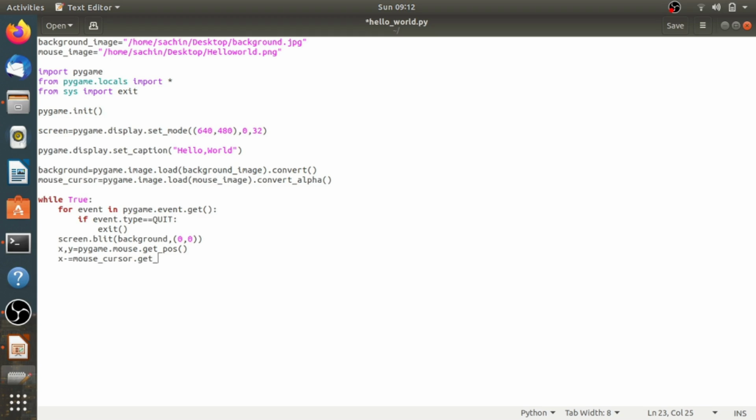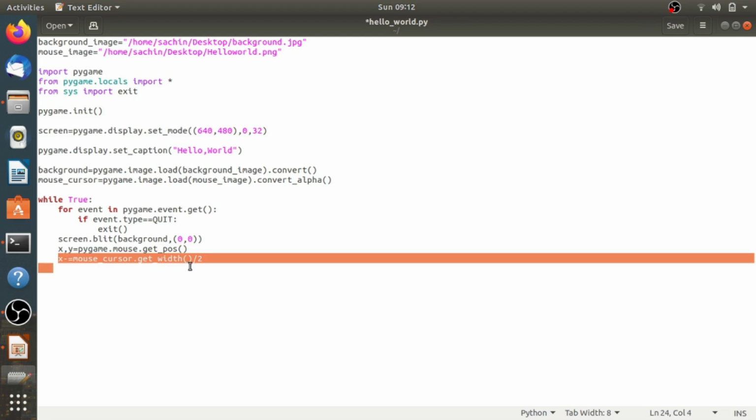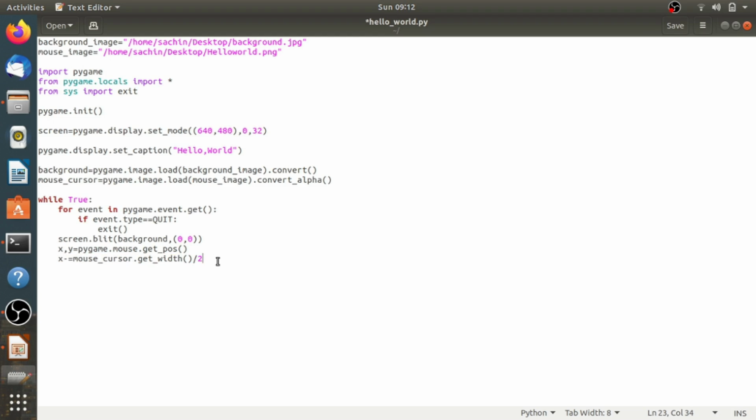So we can do something like x -= mouse_cursor.get_width() / 2, and same for height. Blitting the mouse image is done in the same way as we have done blitting the background, but we use coordinates x, y here in place of 0, 0.